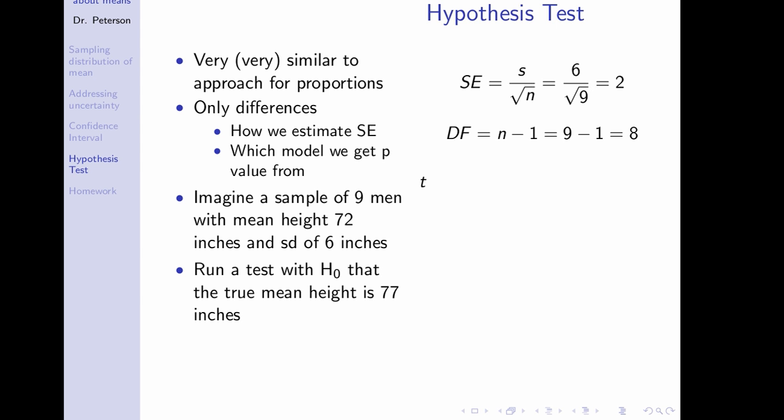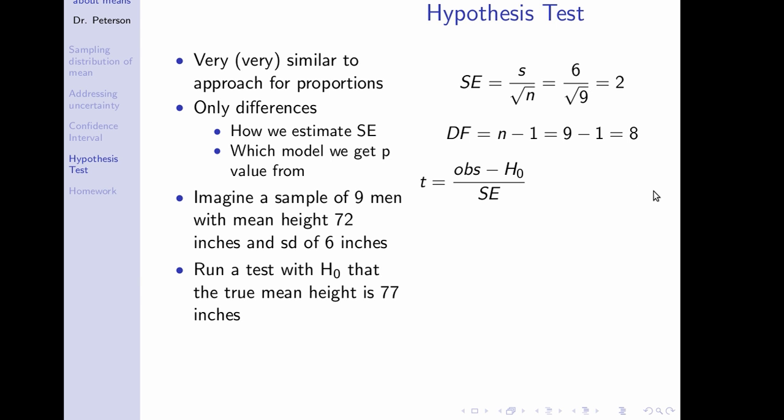Now we want to calculate something with the t distribution, but here we're going to do something a little bit different. Now we want to calculate a t statistic. So just like in the proportions we calculated a z statistic, we want to calculate how far off our sample is from our null hypothesis. So here we are going to take our observed value, 72 inches, minus our null hypothesis, 77 inches,